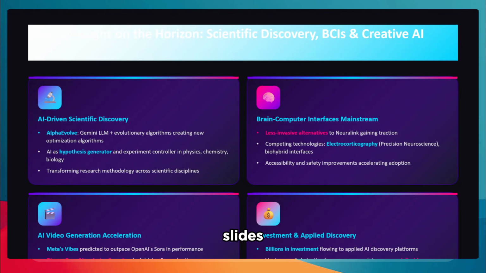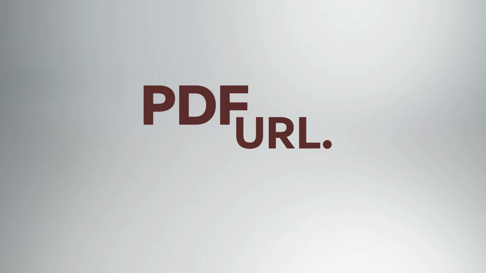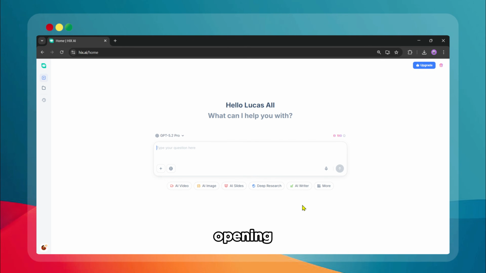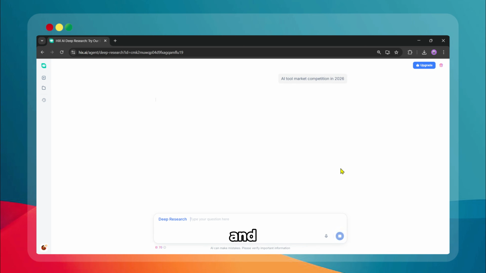You can also generate slides directly from a PDF or a URL, which is huge if you're constantly turning reports, articles, or research into presentations. Instead of manually searching, opening dozens of tabs, collecting sources, and trying to organize everything yourself, HIX AI does the heavy lifting for you. I type in a topic, AI tool market competition in 2026, and once I hit send,